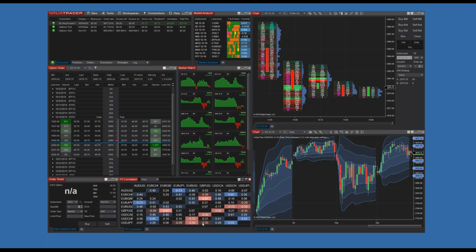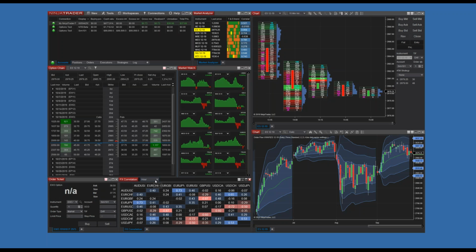And with the FX correlation window, the reason why this is limited to FX is that we did look into allowing this window to work with other instrument types as well. But for the correlation matrix math to work, all the instruments have to share the same price range, or relative range, I should say, or tick size, however you want to put it. If it shares that, then it is possible to do a relative comparison and correlation on that. And with FX, that is the case. So we are able to put this in a matrix and display it across the entire broad scope of the